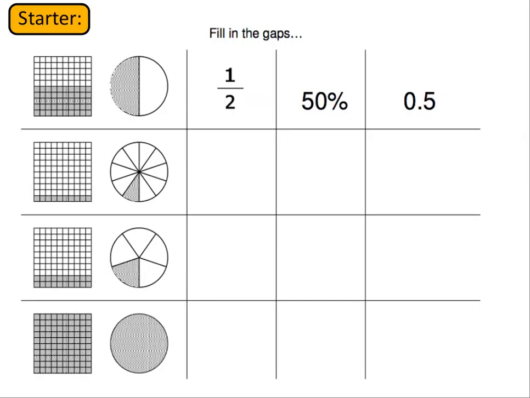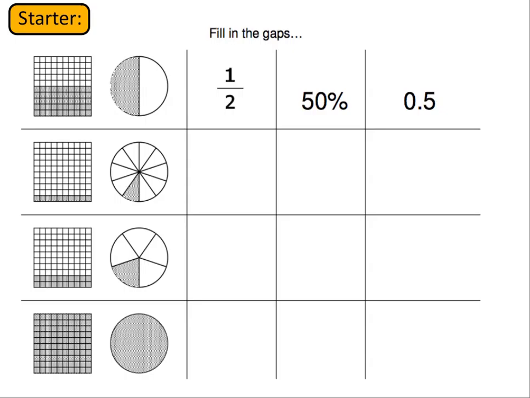So in the first box, we can see a picture of a half, and the equivalent fraction is of course a half, and the equivalent percentage is 50%, and the equivalent decimal is 0.5. So let's now look at some of the other parts of this and see if we can fill in some of the gaps. So in the next one down, we've got 10 out of 100 shaded, which is of course